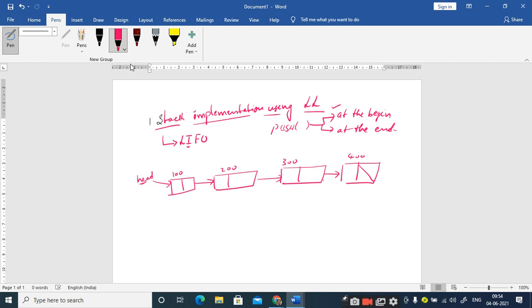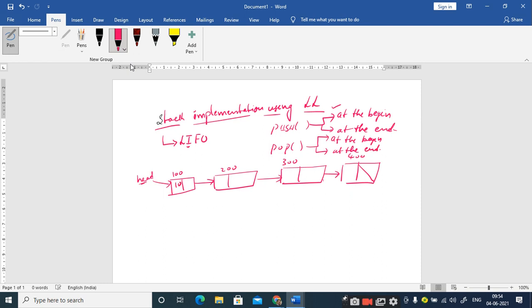We can implement this stack using linked list in these 2 methods, right? Similarly, pop means, what is pop? Removing the element from the top of the list, but here we don't have any top. So here also the pop should be at the beginning or it can be at the end, right?